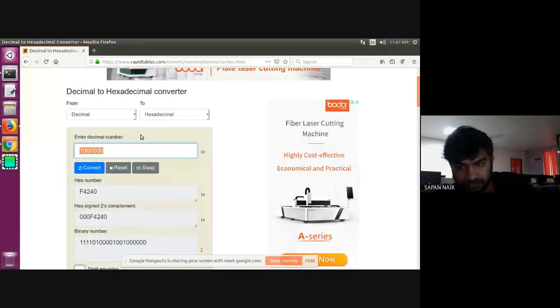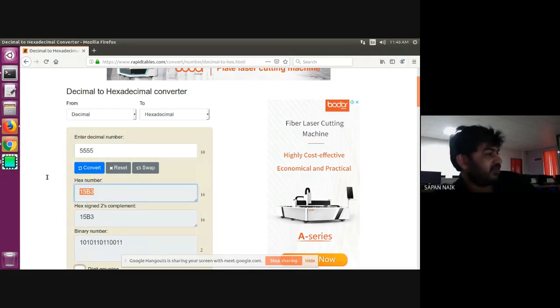Because I have written 5555 in that DUP box. That means it will store 5555. But as it is a decimal number, it will store the equivalent hex number, and if you convert this, it is 15B3. That's why 15B3 is stored there 2 times.